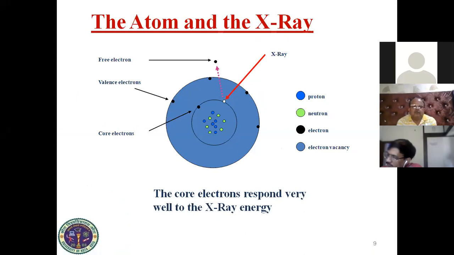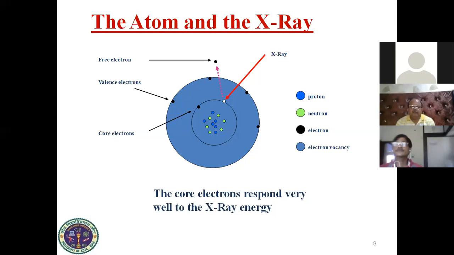Now, we are all familiar with the atom. An atom has a central nucleus comprising protons and neutrons, and outside, electrons are orbiting around the nucleus. If an X-ray is incident on one of the core electrons, what is going to happen? That core electron will absorb the photon energy, and by overcoming its binding energy, it will be emitted as a free electron. This is termed a photoelectron, with some kinetic energy, and it is detected by the detector of the XPS system.